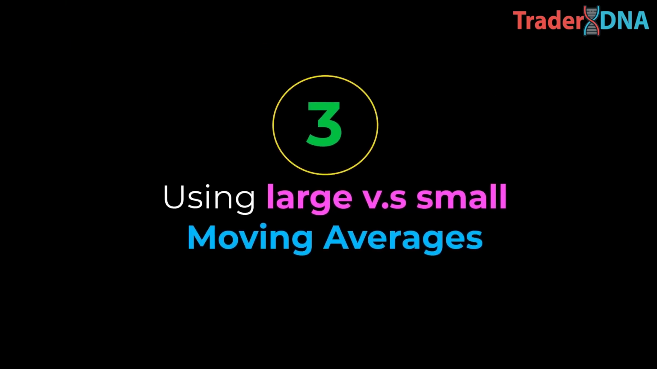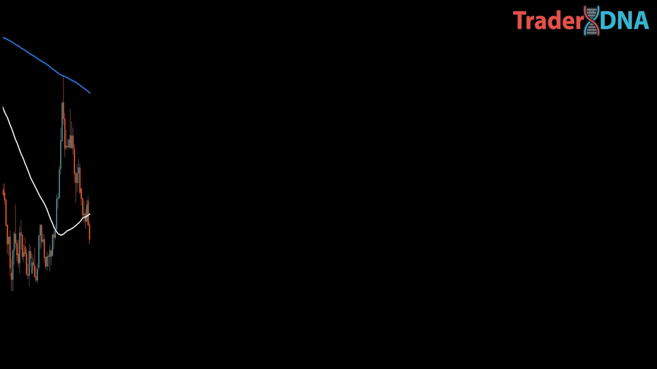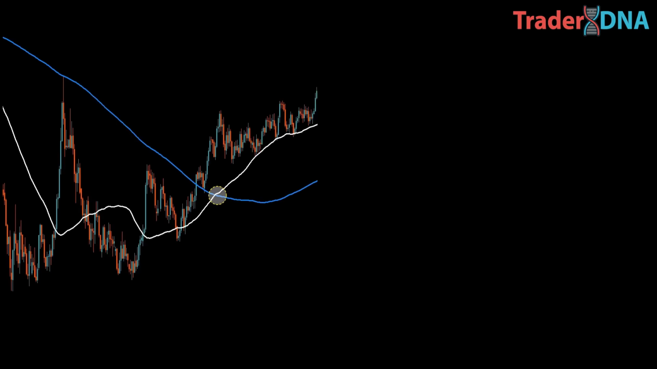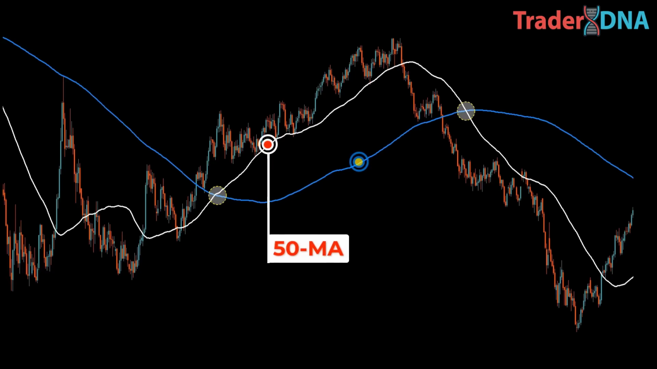Third, let's talk about using large versus small moving averages. Another effective way to identify the market's trend is by using two moving averages and analyzing their relative positions. For example, we can plot a 50-period moving average and a 200-period moving average on the chart. The 50-period moving average is referred to as the smaller moving average, while the 200-period moving average is the larger